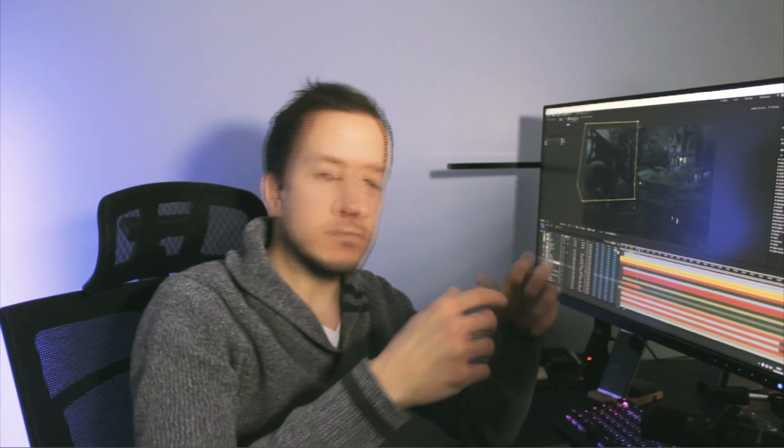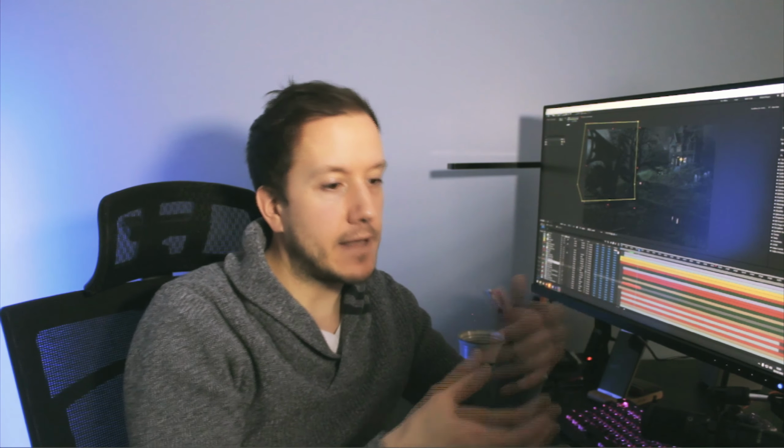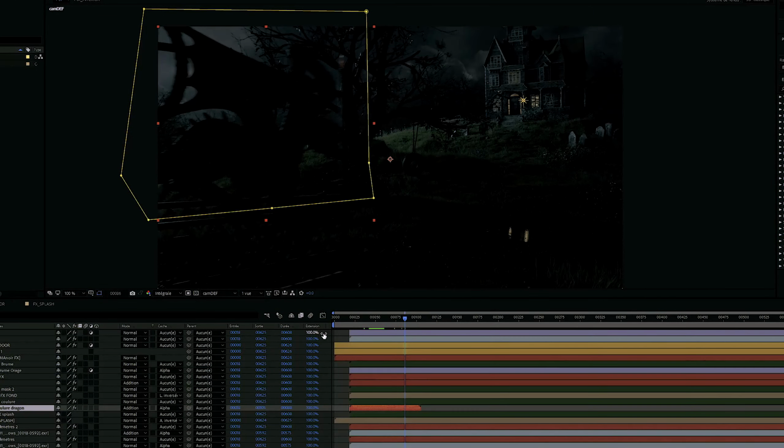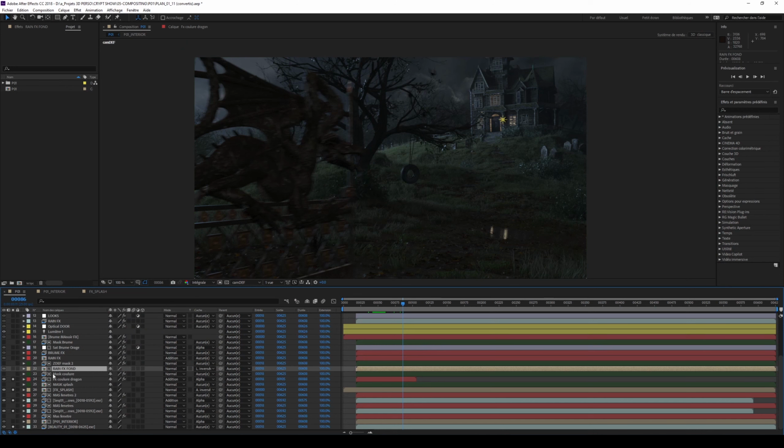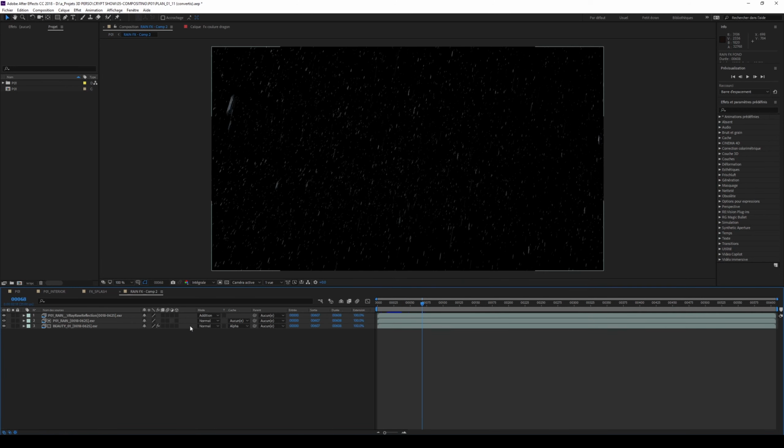So what I did is render two rain passes. One was very, very heavy that I use as a background, and the other had only a few droplets of water, because I wanted to create this effect of something really heavy in the background and less heavy in the foreground. For that, it's very simple. I'm going to show you right now. I have background rain and a foreground rain. If I look here,